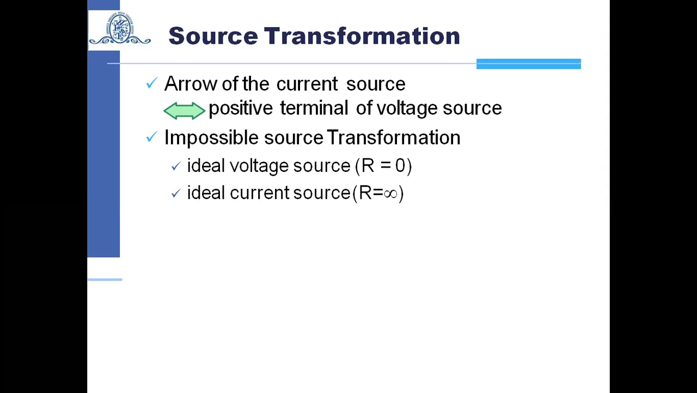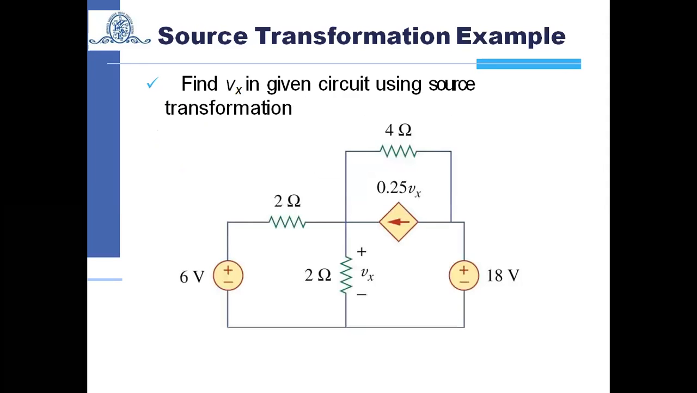It is not possible because we know that for an ideal voltage source the value of resistance is 0, and for an ideal current source the value of resistance is infinite. So we can say there is no possible source transformation for an ideal voltage source and an ideal current source. So if we have one example, like